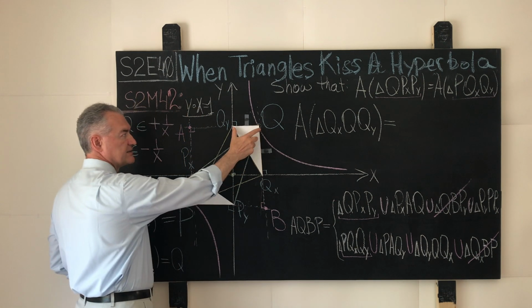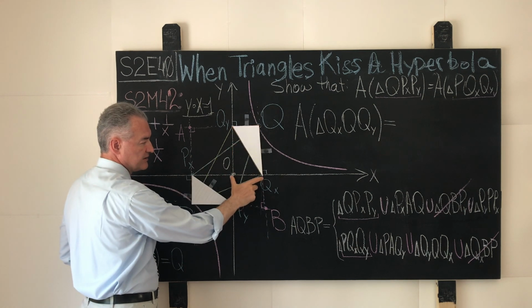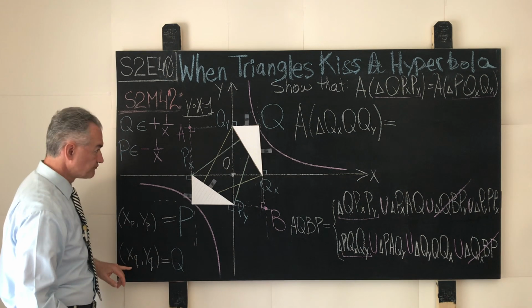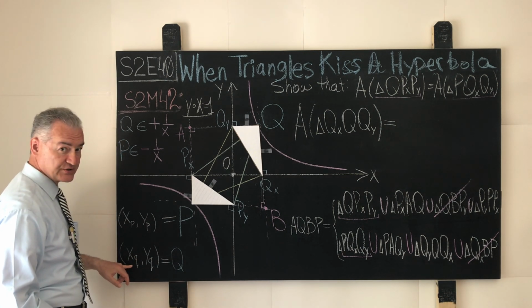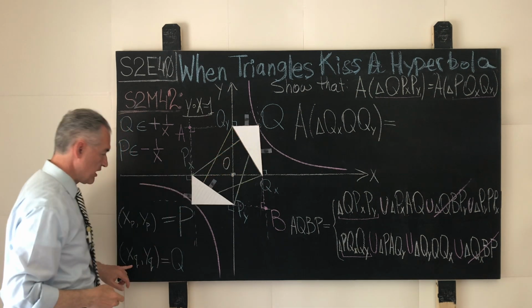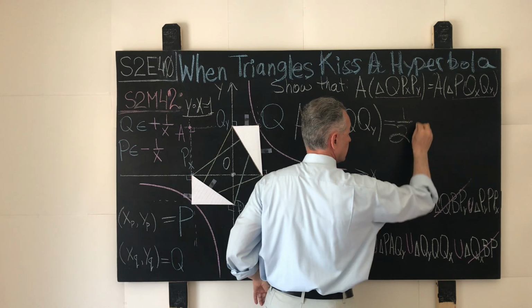The length of the line segment QYQ is the same as the length of the line segment OQX, which is the x-coordinate of the orthogonal projection of the point Q on the x-axis. So this will be 1/2 times